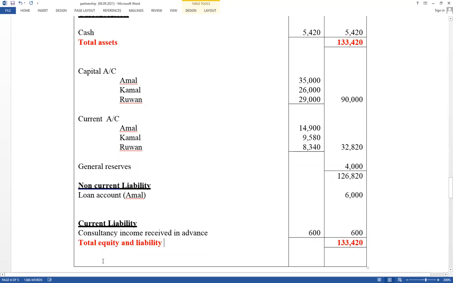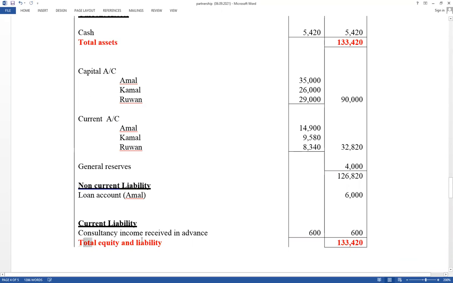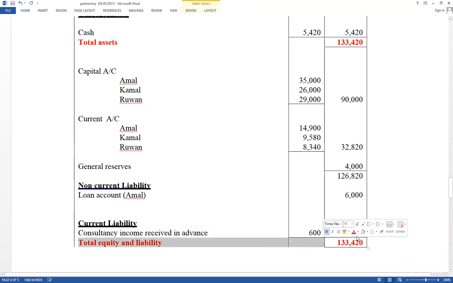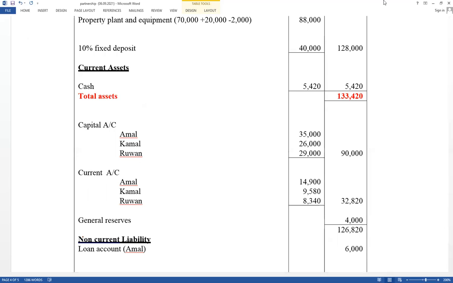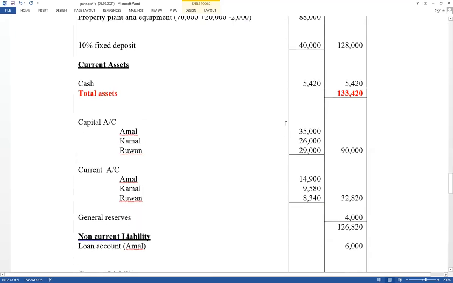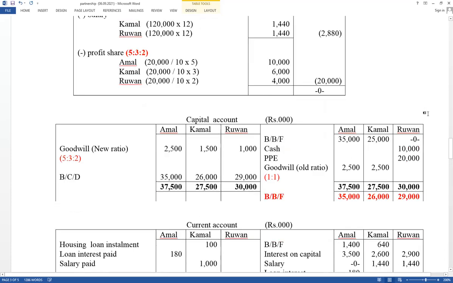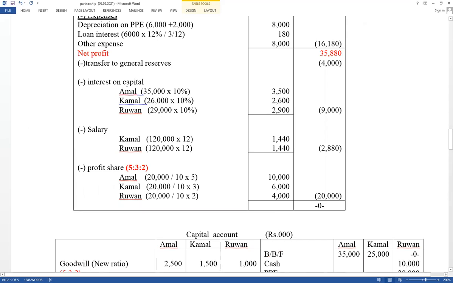This is a service business. They ask this in the annual paper, the 2012 paper, the 2016 paper, as well as the 2019 paper. Since it is a service business, think that sales and cost of sales are not available; it is consultancy income minus consultancy expense. Bank reconciliation also they ask together with partnerships. And then think about partners' capital and current accounts, and the appropriation account. Very important.